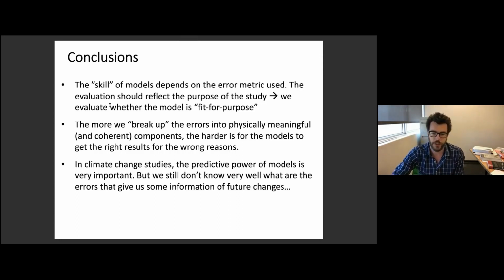In climate change studies, for example, something that we would like to learn when we evaluate the models is whether our model has some good predictive power. And this is another question, but I think it's relevant, although I haven't addressed it in any way here: there still remains the question of whether the error metric we are using tells us something about the climate change, at least for those of us looking at changes in the climate. And I think there's quite a lot of stuff to do regarding that question.